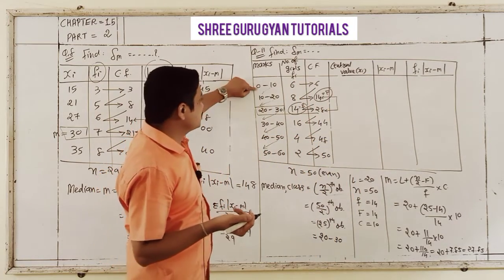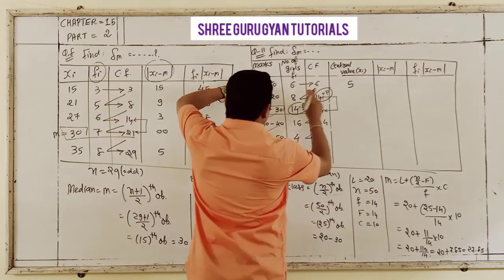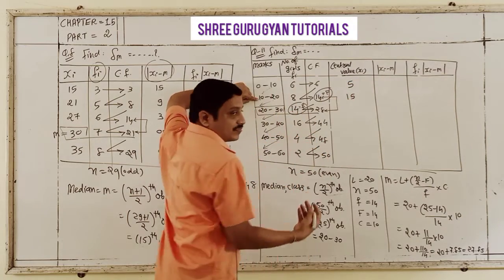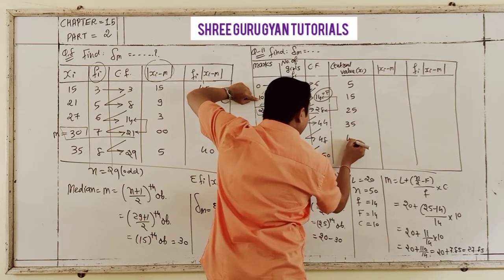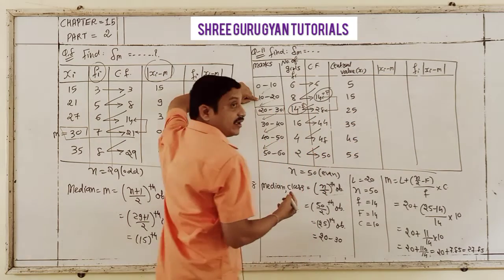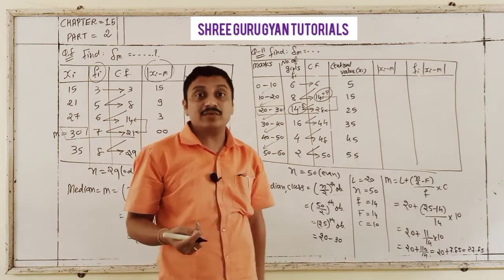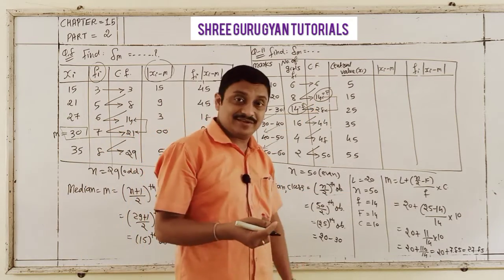So this central value: 0 to 10 by 2 means 5, here 30 means 15, 10 added, so 25, 35, 45, 55. Now m is known, 27.85 minus 5, so